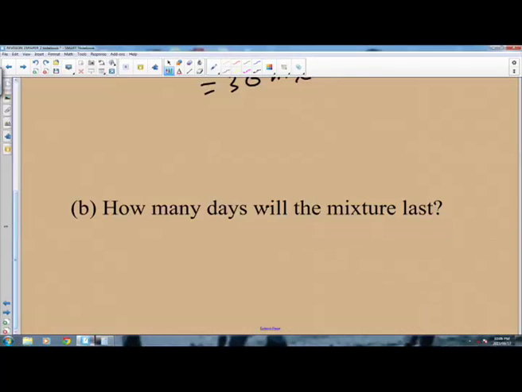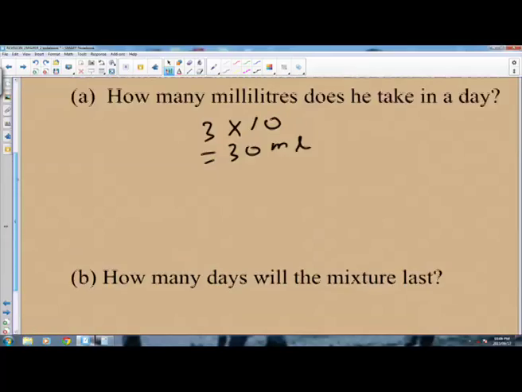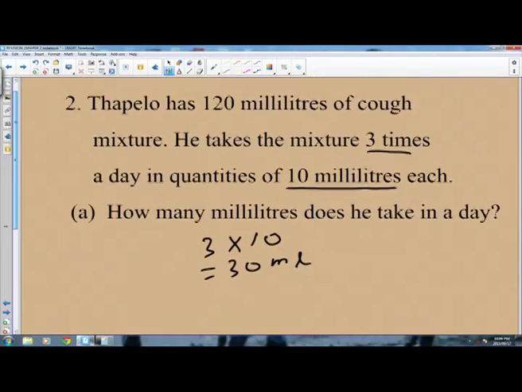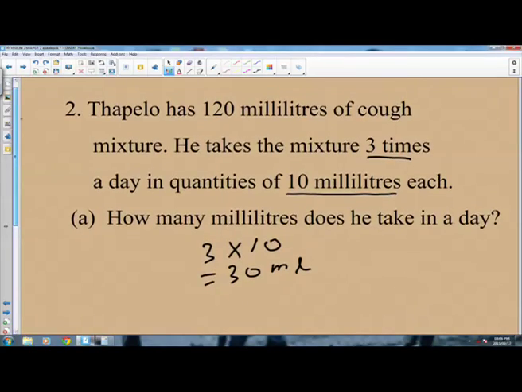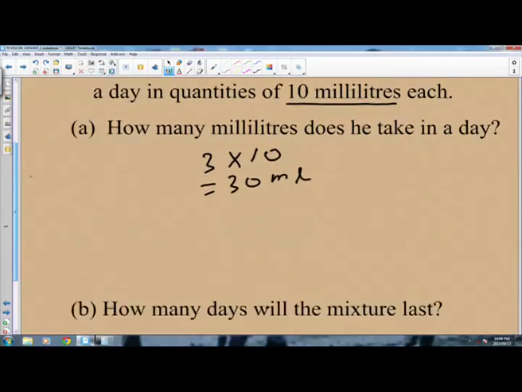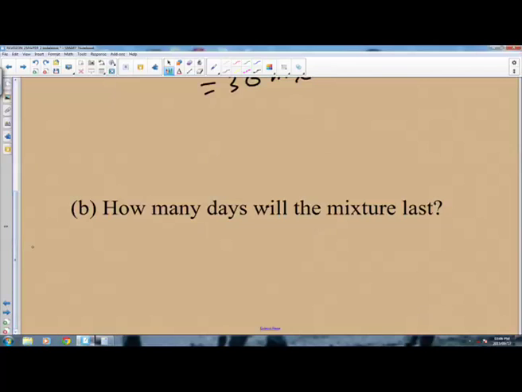How many days will the mixture last? If he's taking 30 ml per day and the initial amount for this cough mixture is 120, then how long will it take this cough mixture to last? So it will be